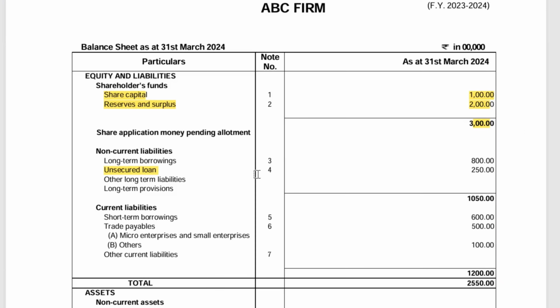And you also consider unsecured loan as quasi capital up to the level of net worth of the firm. Let's say the firm's net worth is 3 crore. So you can consider unsecured loan as quasi capital up to the level of 3 crore. Here you can see the firm's unsecured loan is 2.5 crore, that is less than the net worth of the firm. We can consider the entire amount of unsecured loan as quasi capital, as a part of net worth of the firm. So now the net worth of the firm, that is capital, reserve and unsecured loan, is 5 crore 50 lakh, right?